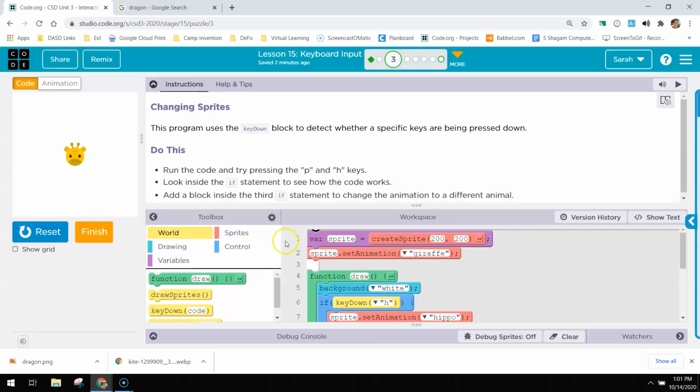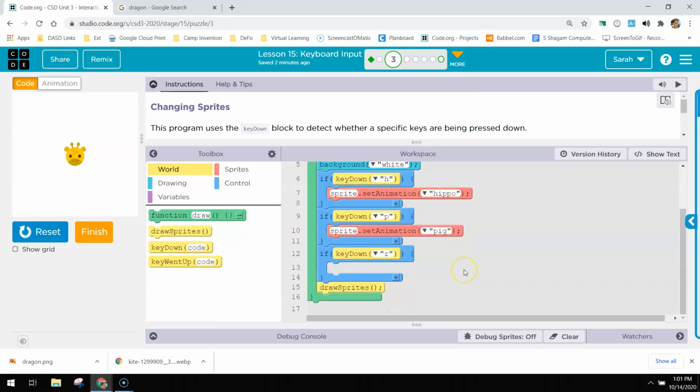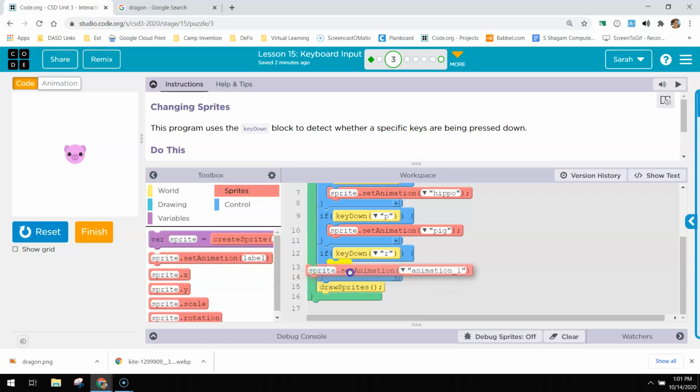In this first example, if you press the H key, it turns to a hippo. P, it turns to a pig. R isn't done yet. There's nothing in there. When it's R, we want that sprite to turn into a